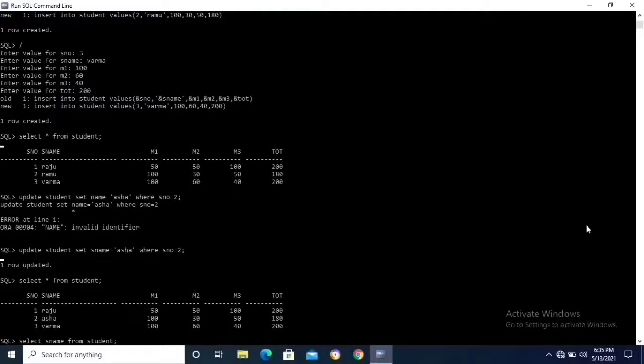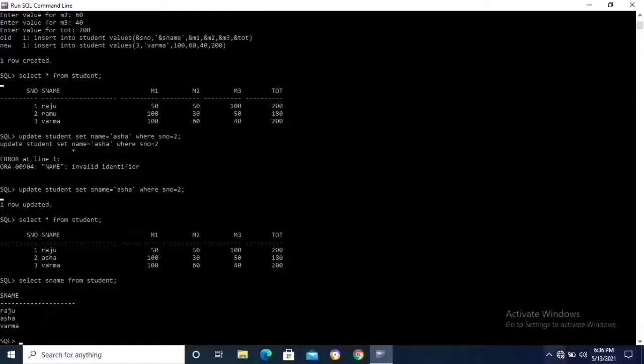That means only the student name column is displayed. This query means select student name from student. Only this column is displayed. Enter. Okay. Display the student name column. Next.